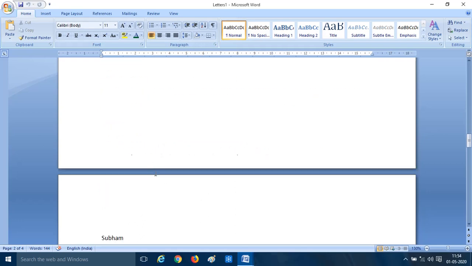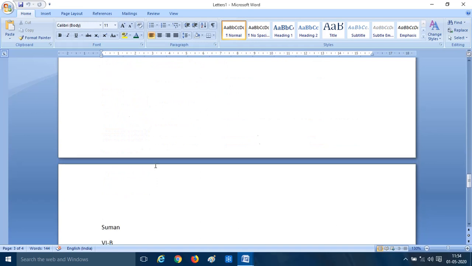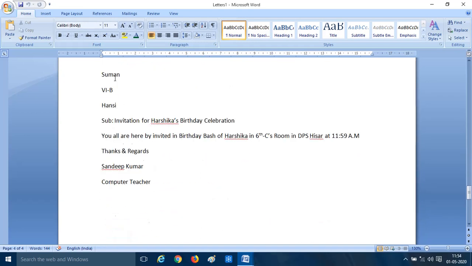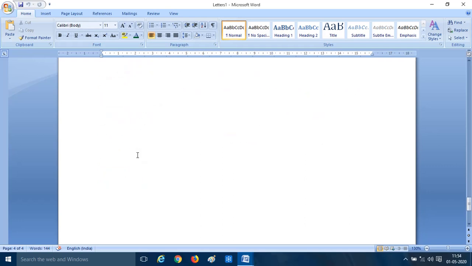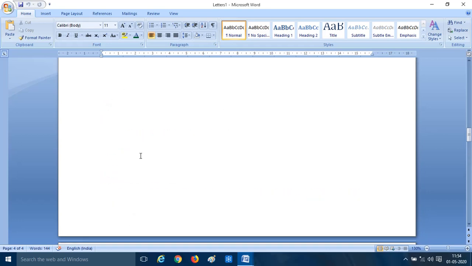Now scroll down. Third entry is with the name Subham, class 6th A, and his city was Hansi. And the last entry we have done was of Suman, of class 6th B, Hansi. So a separate file will be created for each recipient which we have added in our data source.